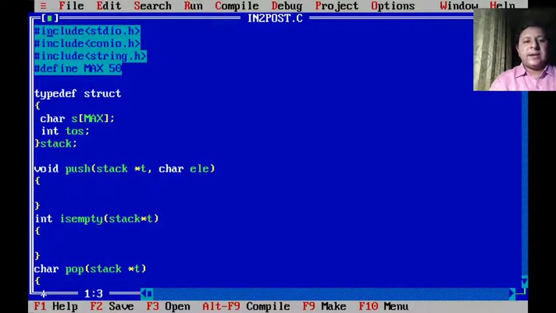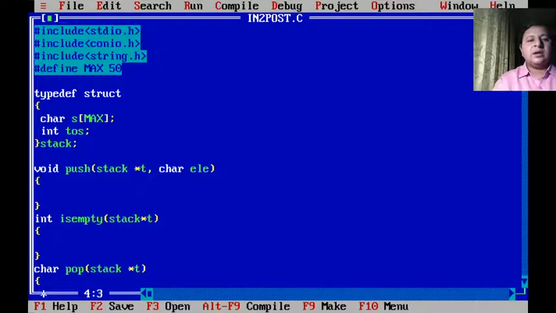Okay, so I've kept the skeleton ready so that we'll be able to save time. So I need the corresponding files. I need string.h because I'll be working with one of the string manipulation functions. Now the size of the stack is being kept appreciably high, so that we'll be able to cater to bigger expressions. Similar structure, only the difference is now the character is used for creating the stack, because what will be pushed onto the stack would be characters. So it's a character stack that I'm using. TOS is still int, and this is my structure stack.